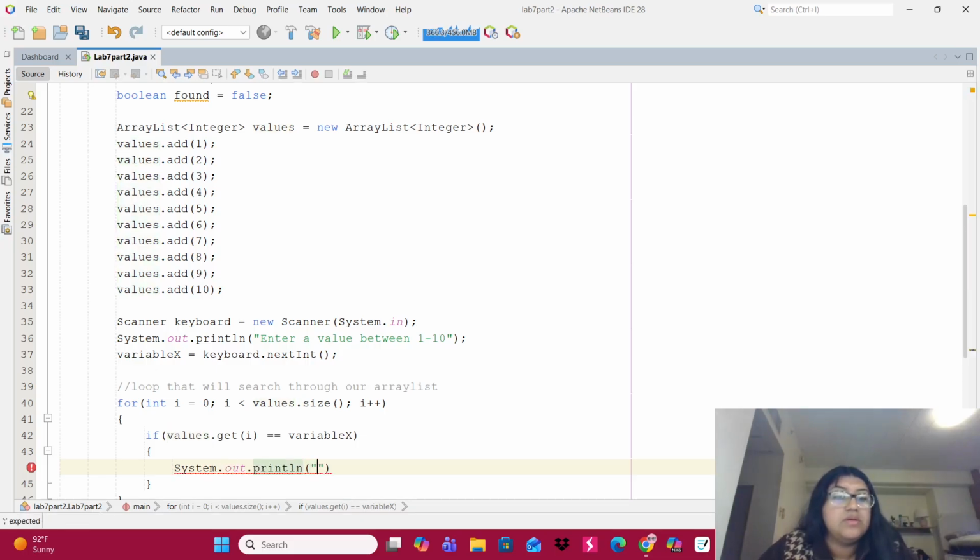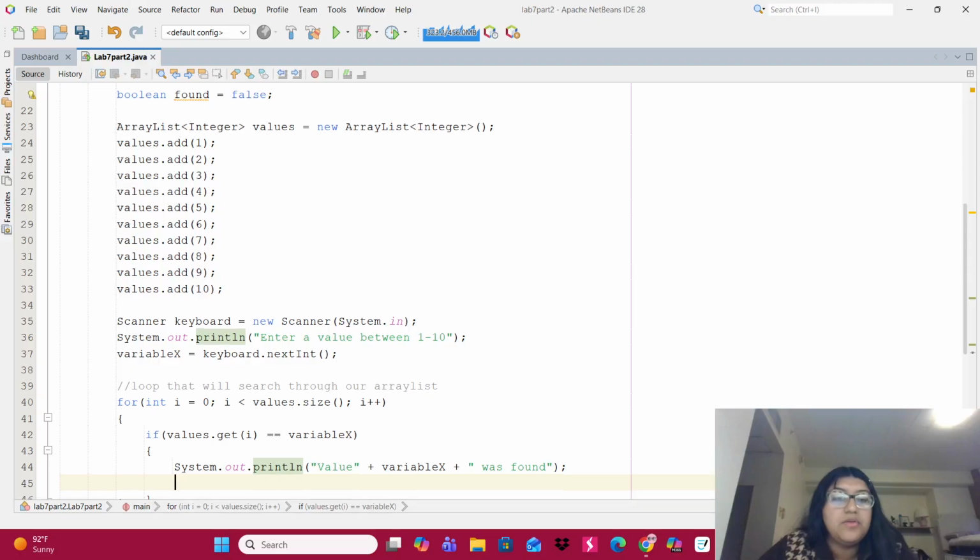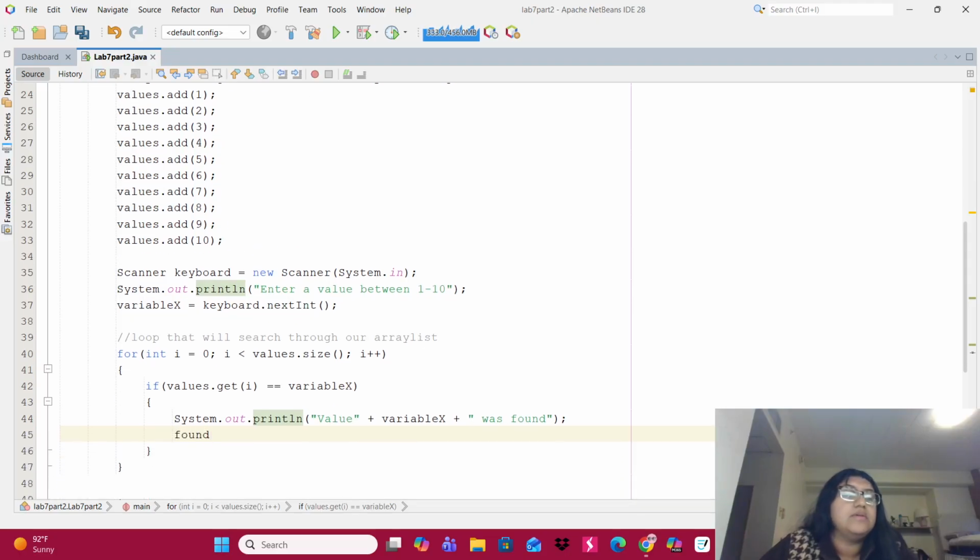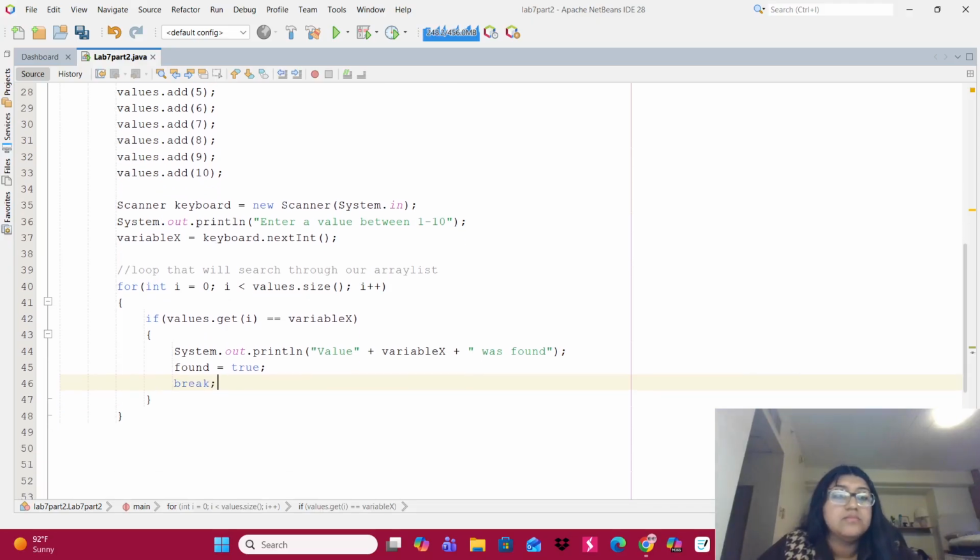Print value, and then we're gonna print whichever number they put was found. Okay, and down here we're gonna set the found equals as true, and then we can break the statement out,